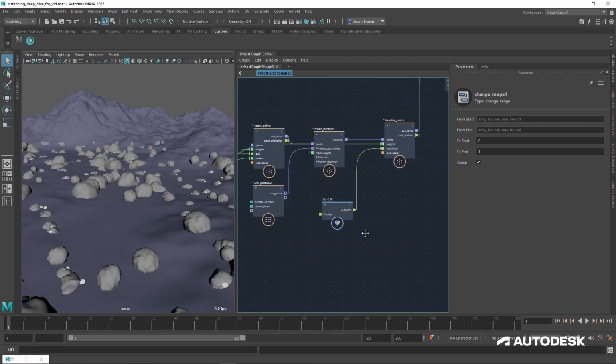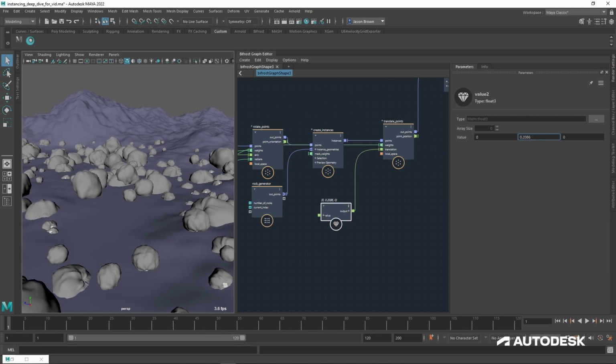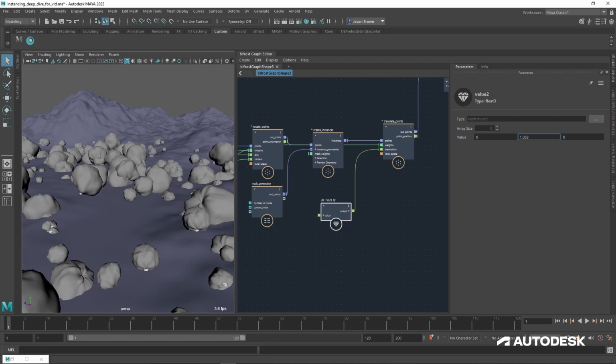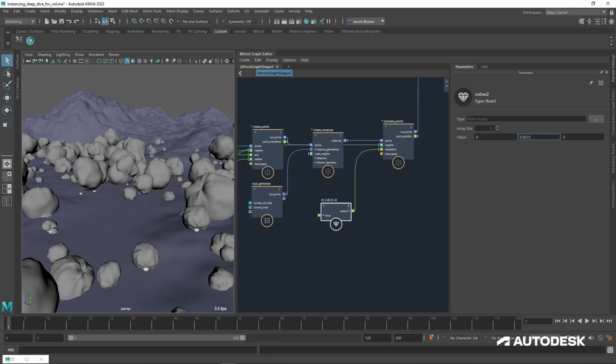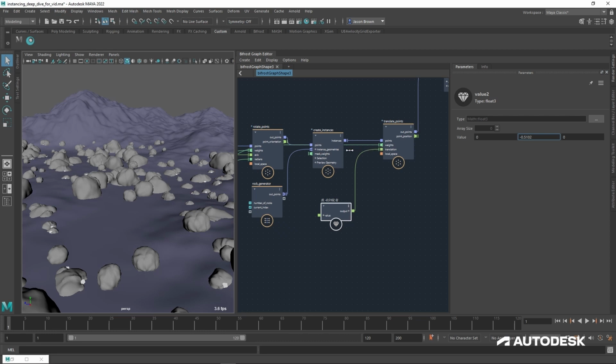You can see a whole bunch of them pop back up. And if I go back and just set it to 0 and start changing that upwards, what you should see is the biggest rocks start to move first, like that. So we want it to go the other way, obviously. So we want to just drop these big rocks down, and down and down and down. We're into the negatives now, and I'm just doing this by eyeball because it's nice and fast. I don't want to lose too many rocks, but we can get some of them like that, that'll be fine.